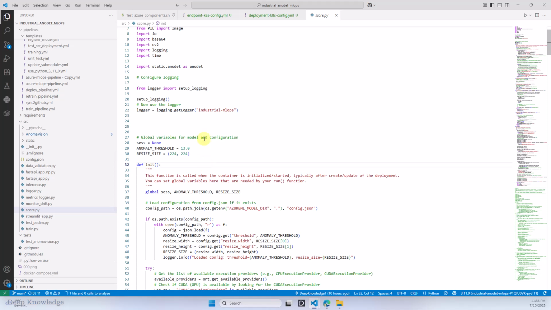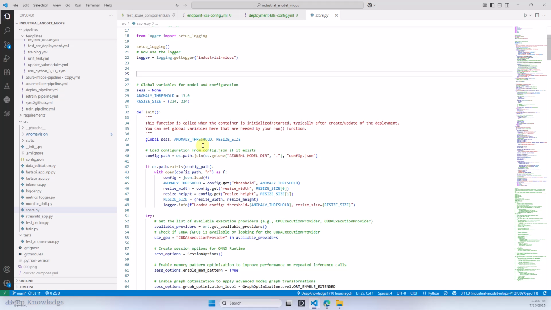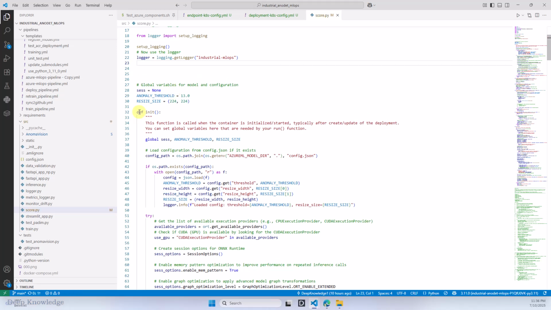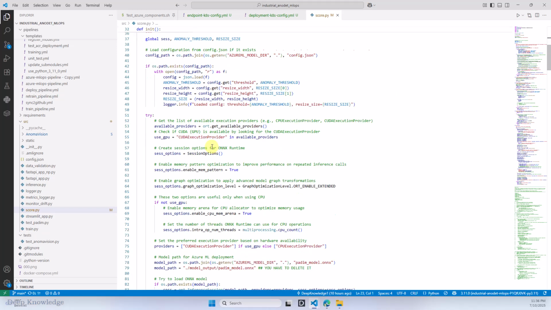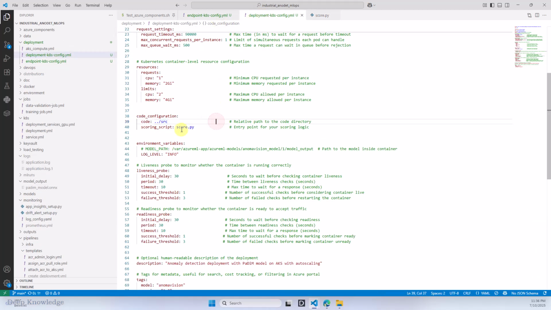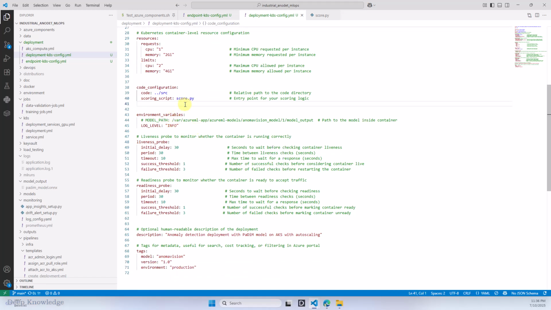Let me just go to the score. Now here we have the score, and they also added the logging, so you can have a look. You can see the logs inside the terminal and also in the file. Oh no, I don't need to change anything here. Just keep it like this. And let me just go to the config now. You can see here I am using the score, and this score will be used inside